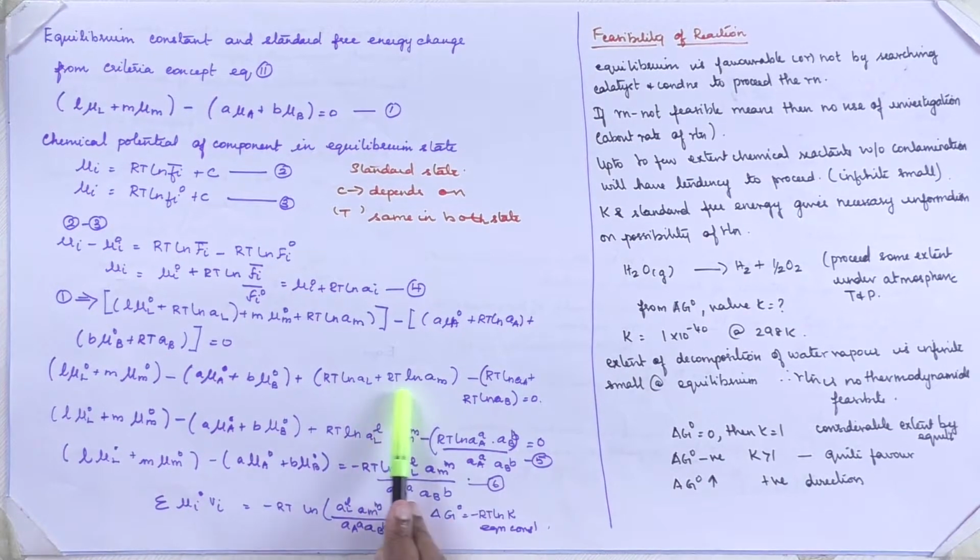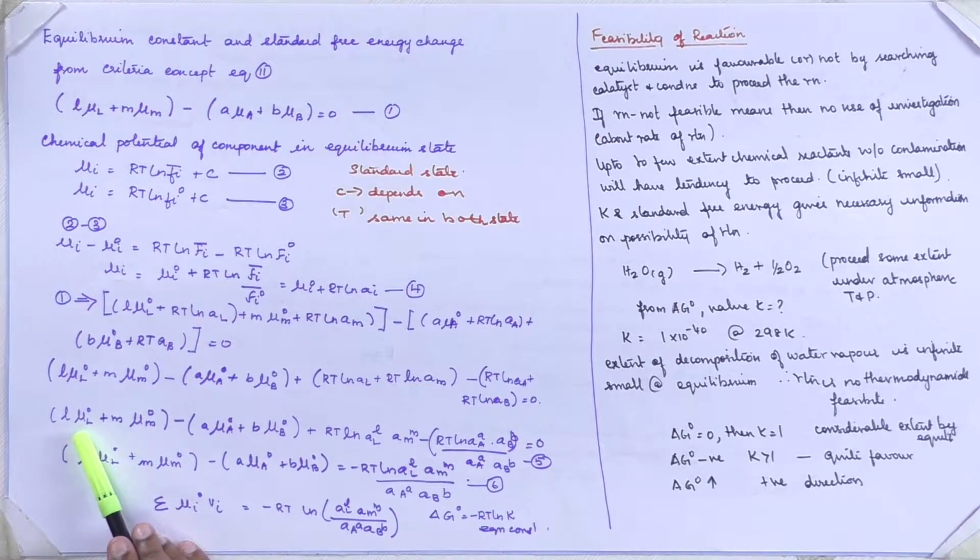If we multiply the terms and expand these terms, we get the expression as L mu L naught plus M mu M naught minus A mu A naught plus B mu B naught plus RT ln AL power L AM power M minus RT ln AA power A into AB power B divided by AB power B, is equal to 0. This we are taking as equation 5, and now we are taking the common terms to one side and the RT terms to the other side. We get L mu L naught plus M mu M naught minus A mu A naught plus B mu B naught is equal to minus RT ln AL power L AM power M divided by A power B,